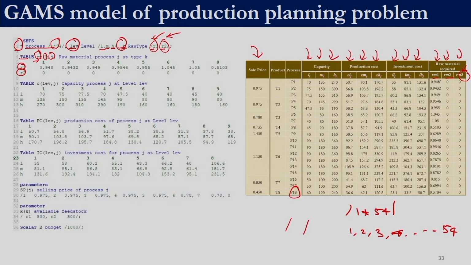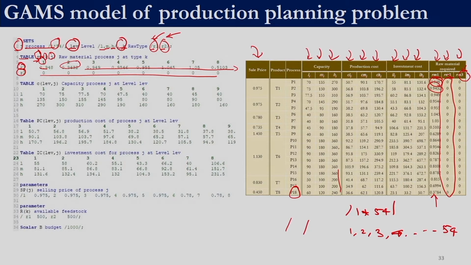So we get this value 0.948. That is process 1 raw material 1. Process 2 raw material 1 is 0.9432. Similarly we enter this entire column over here. Here we have shown you only 8 values, but all the 54 are to be entered. Similarly we enter the values for the second raw material. For the second raw material, the first 18 processes do not use it, so that is why you see zeros over here. If you go back and look at the data which we have given you, the subsequent processes do utilize raw material 2, so those values would be entered appropriately.